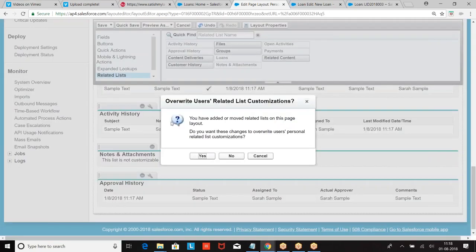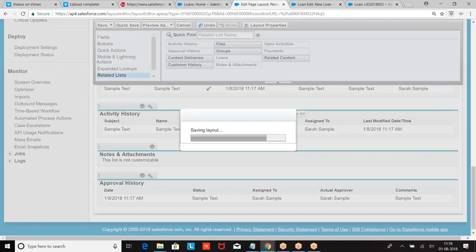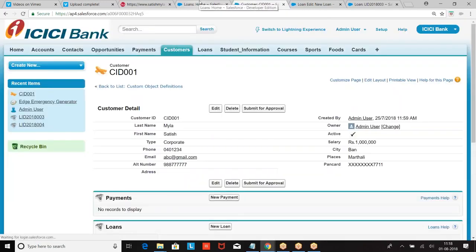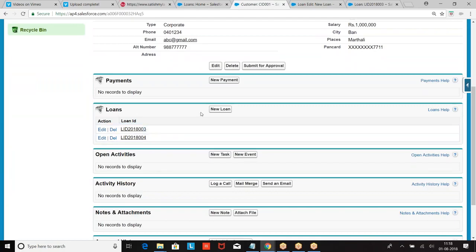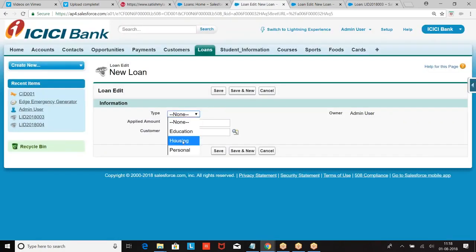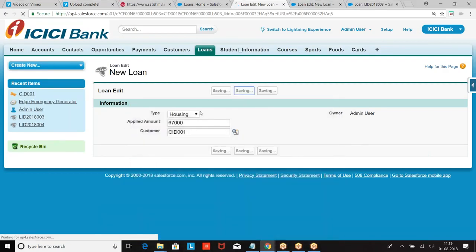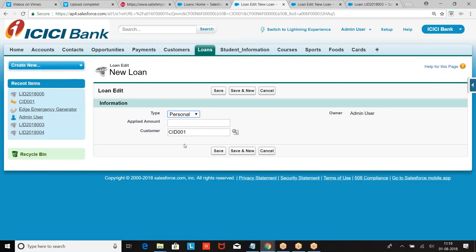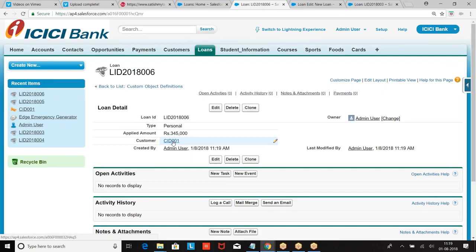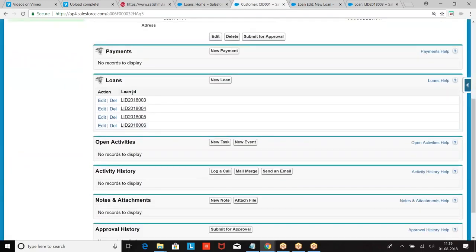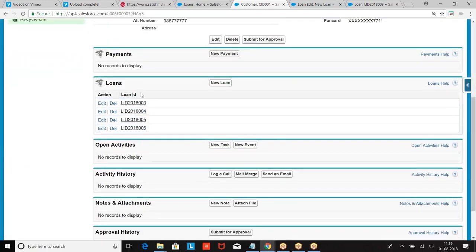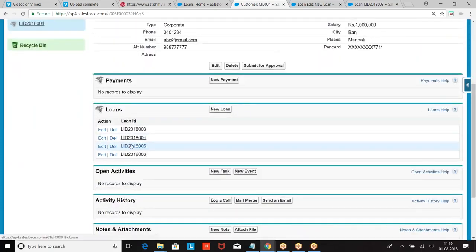Okay. Now I have a quick point here. You told me to display the related list. Very good. For this customer, how many loans are there? Two loans are there. I have one more loan. So these are the corresponding child records. Right? Now on the related list, we are getting only the name field. Auto number is nothing but the name field. If I look at only the name field, I will not understand what loan records are there.